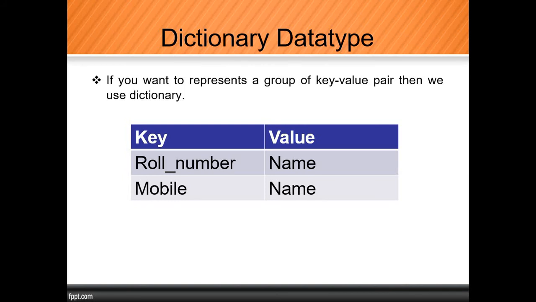Okay, let's check the examples of how we'll create the dictionary. But before that, make a note of this: inside a dictionary, are duplicate keys and values allowable or not? We'll discuss that. See the key. Assume that this is your database. In that database, we are storing these two values. Make a note of that. The main purpose of a database is to avoid redundant, repeated values. So for that reason, duplicate values are not allowed inside a key.